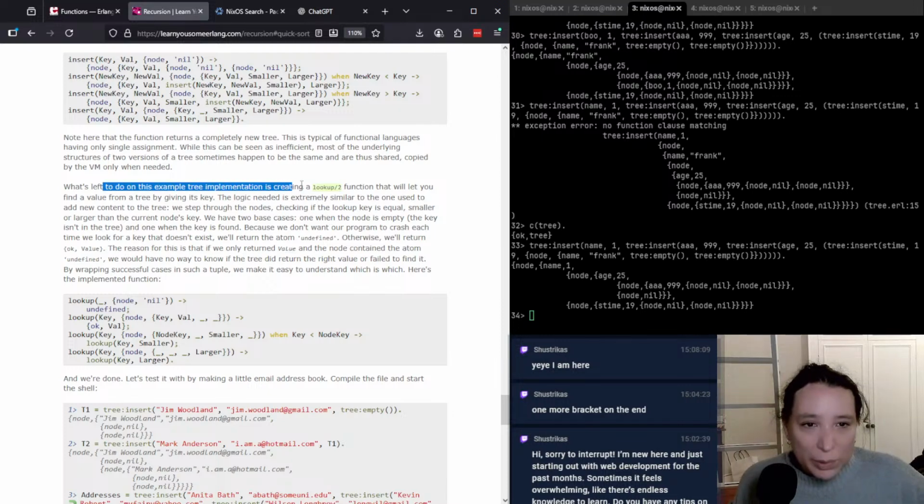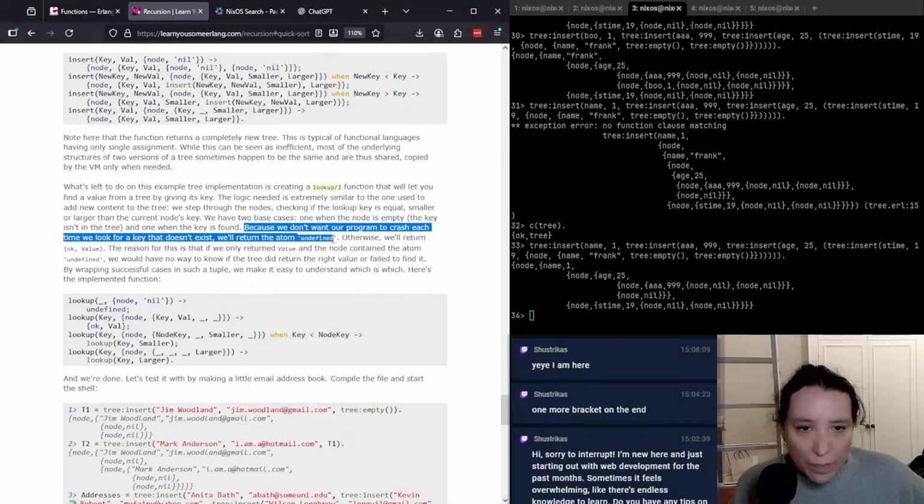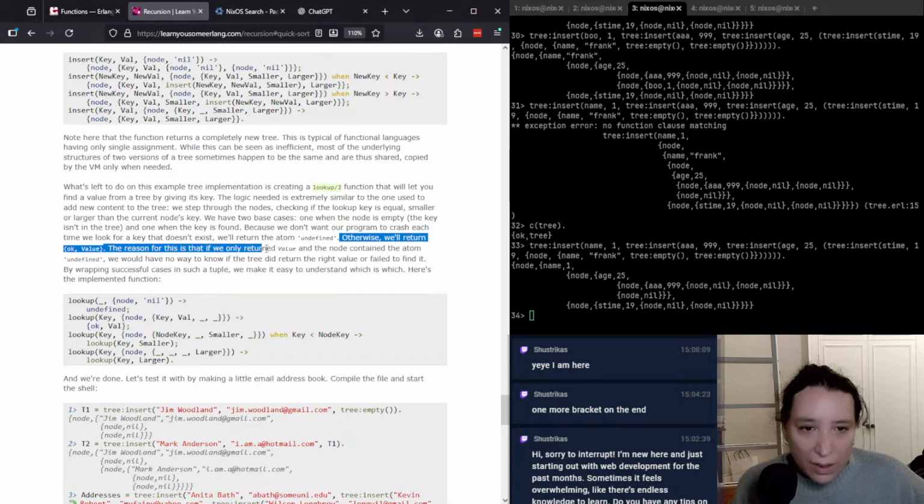What's left to do on this example tree implementation is creating a lookup function that will let you find a value from the tree by giving its key. Either the node is empty, so that means we couldn't find it, and one where the key is found. We return undefined if we can't find it. Otherwise, we'll return OK, value. The reason for this is that if we only return value and the node contained the atom undefined, we would have no way to know if this tree